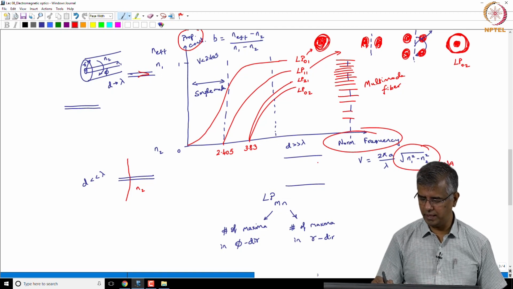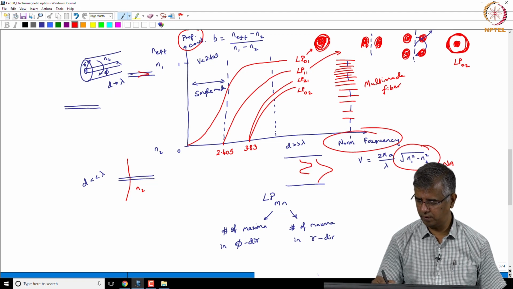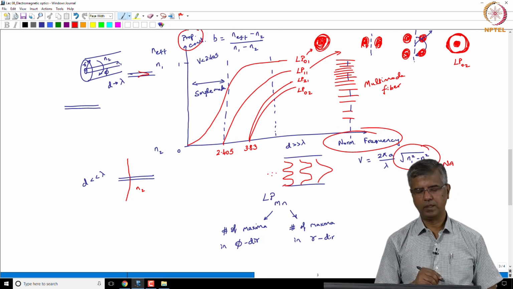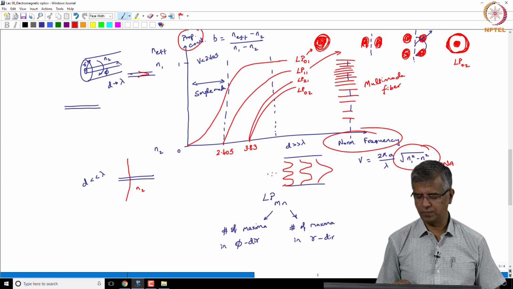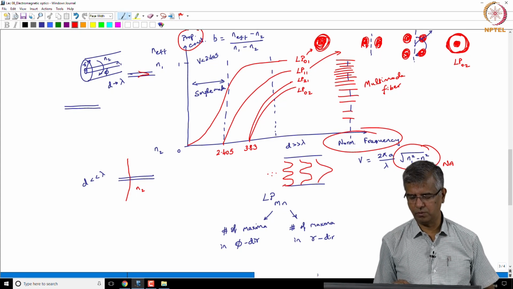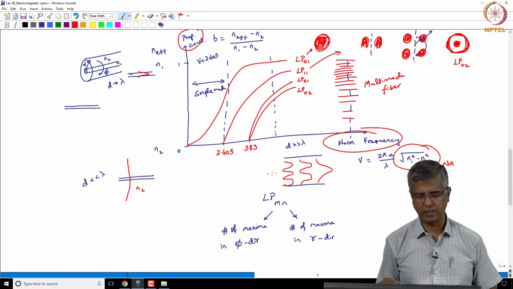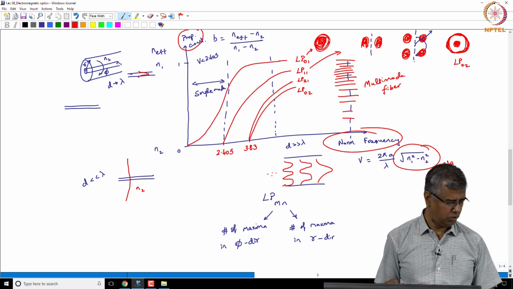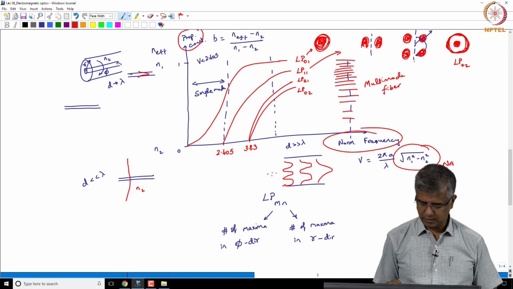And then there is this situation where d is far greater than lambda, and in this case you not only have the fundamental mode, you have the higher order mode and then the next higher order mode and so on. So, you have all these modes being confined within this waveguide. Okay. So, that is what is happening for d much greater than lambda. So, just to illustrate that,